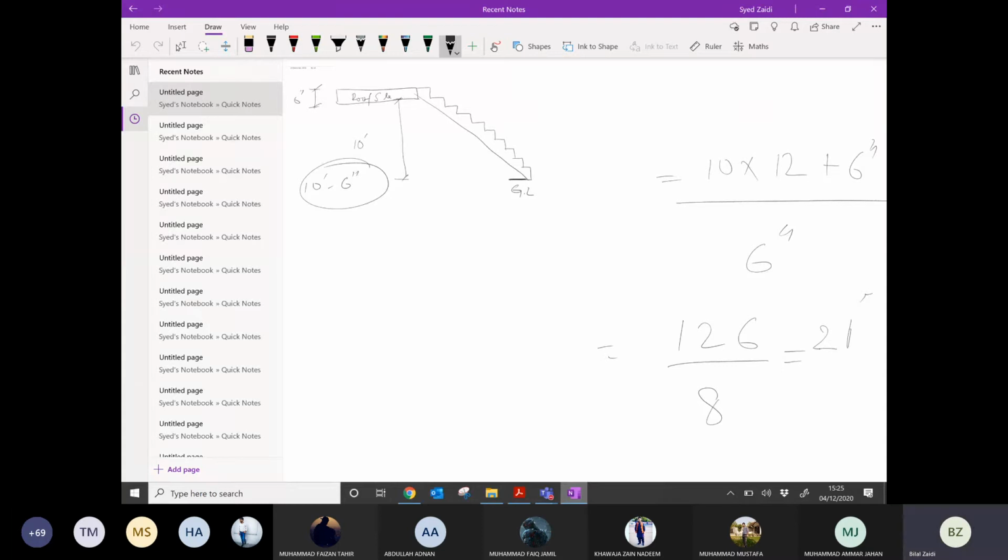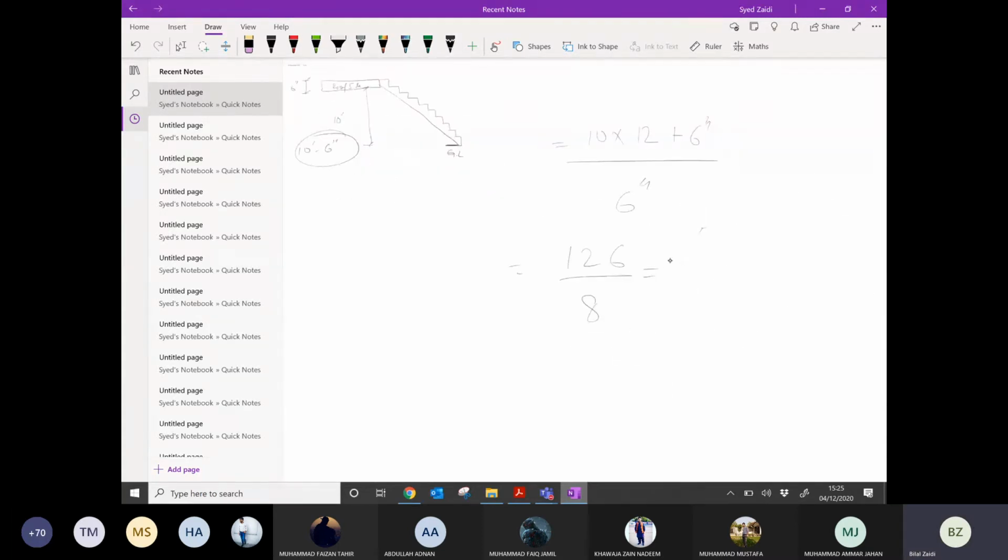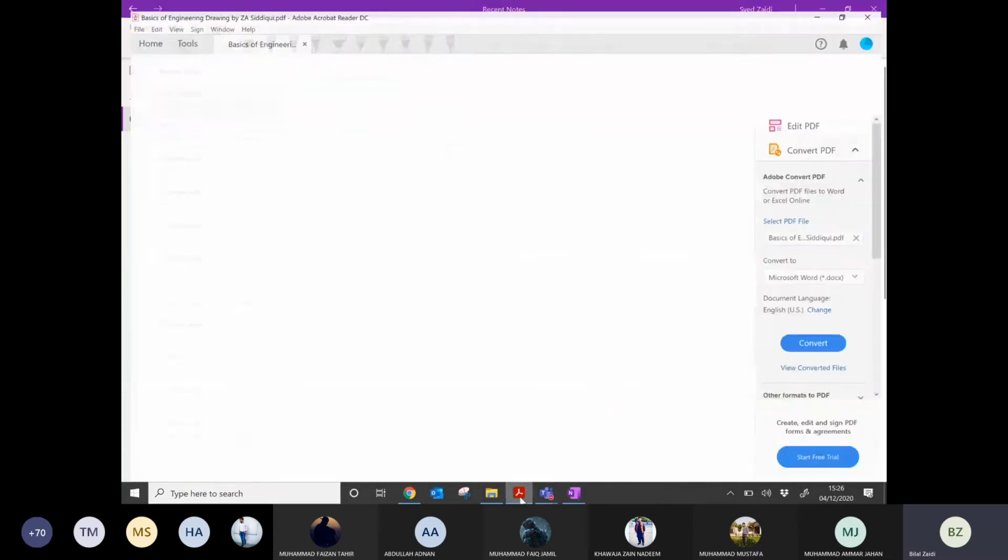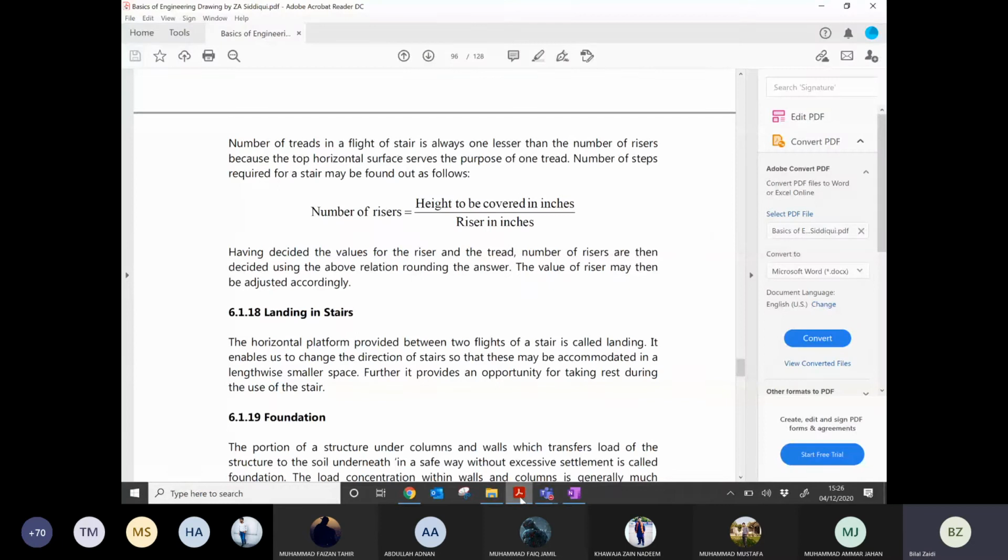If we have an 8-inch riser height, we will get about 16 steps. And if we increase it further to 9 inches, we'll have to provide 14. So depending on your riser height and tread, you will adjust how many stairs will come. So the number of risers will be the total height to be covered in inches, divided by the riser height in inches.